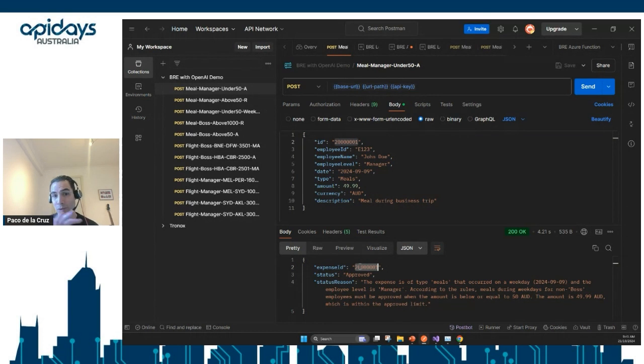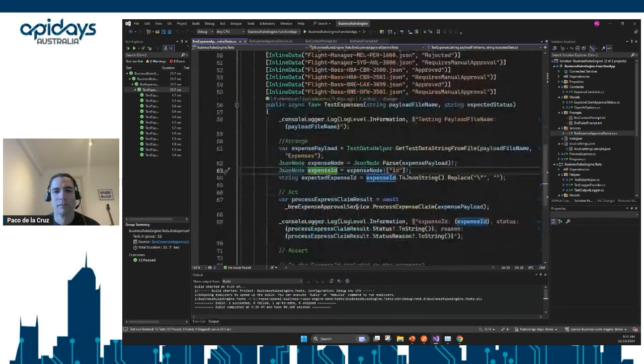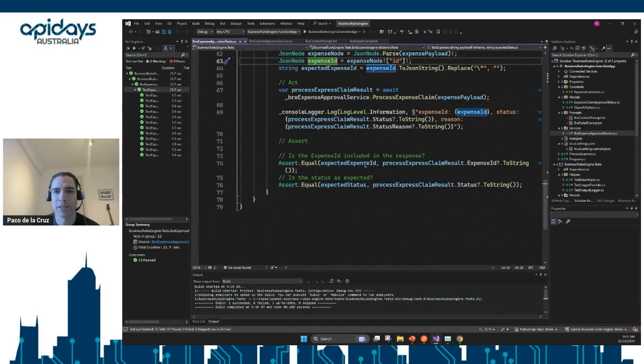So it was able to deduce as well that I should expect this value to be there, right? And that's what I'm asserting in my code. Here I'm checking if the expense ID is the same in the assertion, right? So I'm checking that the expense ID matches the result expense ID. Alrighty.